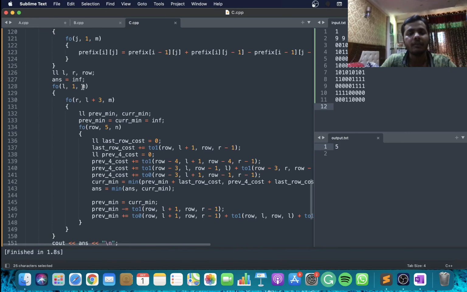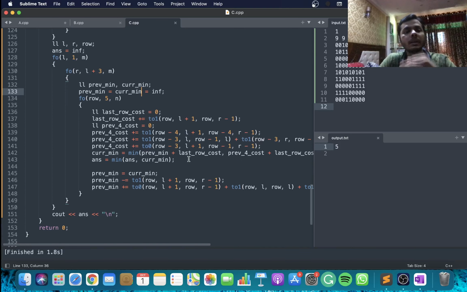We first iterate for L and then we iterate for R. So that's done. And now we are iterating for the row, right? So this is the bottommost row which we are iterating for. Instead of taking a DP array, I can only take a variable, as we do in Kadane's algorithm. We can implement Kadane's algorithm of maximum subarray sum using a single variable instead of a DP array, and that is what I am doing here. I am iterating for my bottommost row. So this previous minimum is denoting dp of I minus 1, and this current minimum will be dp of I.